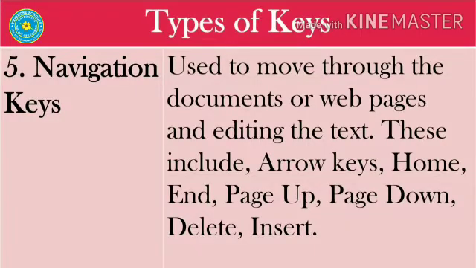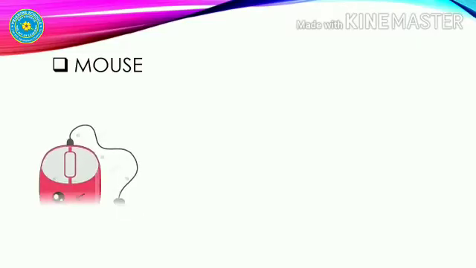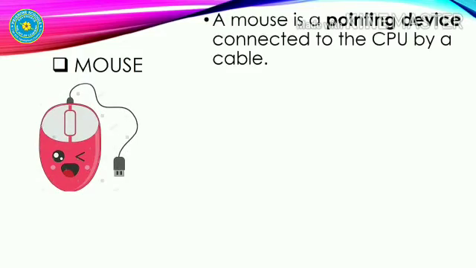Here comes the last main part of a computer, a mouse. A mouse is a pointing device. Wait. Why it is called as a pointing device? Is it pointing something? Yes, it is pointing to the arrow on the screen which moves when you move the mouse with your hands. It is connected to the CPU by a cable. See children, it is connected by a cable it seems. Why? Because it is a hardware device. That's why it is connected to the CPU by a cable.